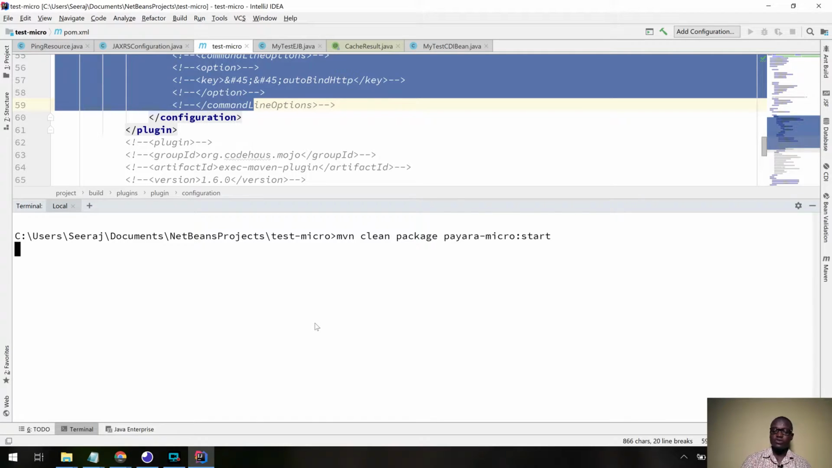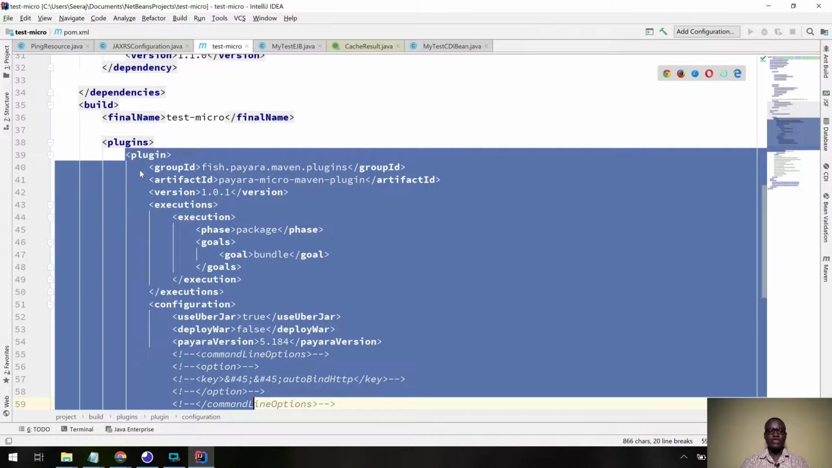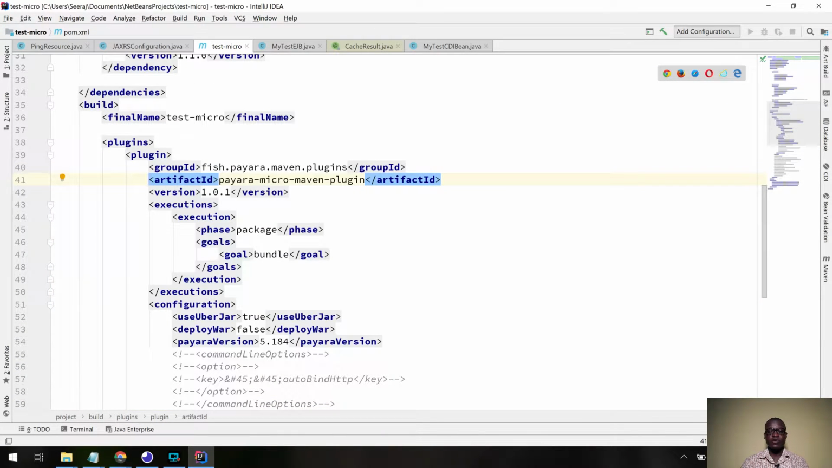So now when you do this, you are actually telling Maven to use this plugin to run your application for you. The version here is Payara 5.184. This plugin is the Payara Micro version, and you are essentially embedding Payara Micro in your application, more or less. So you're going to be running the application on the